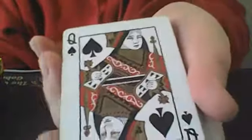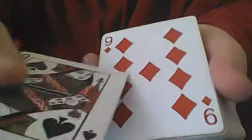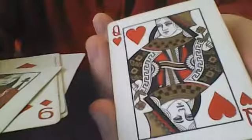But the courts are even better. They're really Bicycle standard, except the colors here are going to be different, so they're going to be darker. The reds here are going to be either darker or lighter, I can't tell. And then the courts here are going to have their respective colors, which are going to be darker as well. And then that Ace of Spades, wherever he is in here,